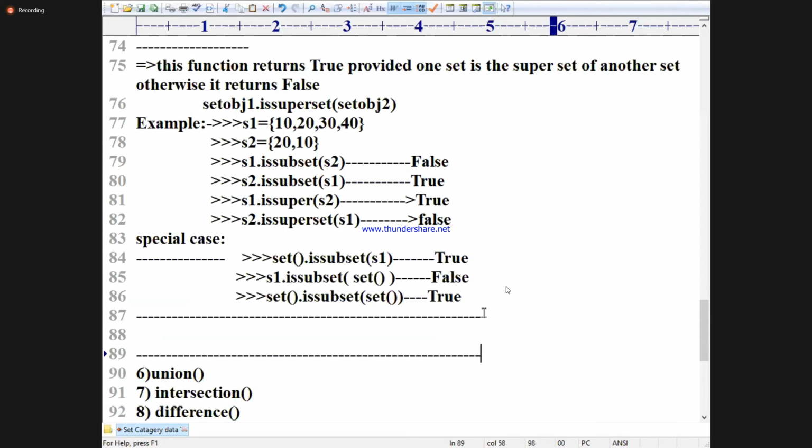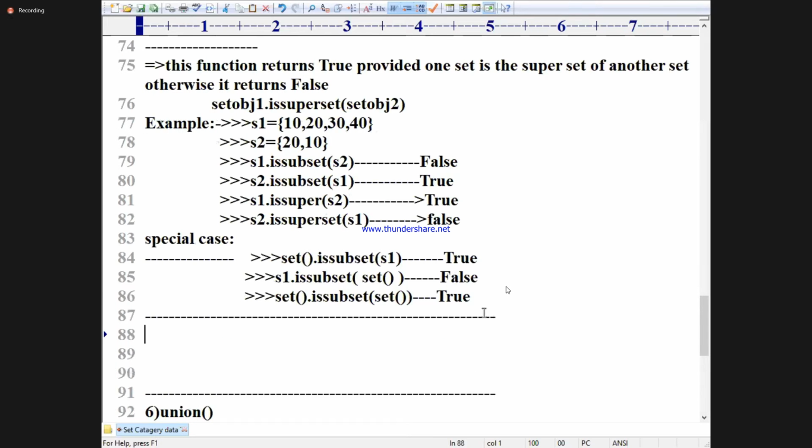Okay, subset, superset we discussed. After that, don't write union. Wait. Method function number 7, 8, I will go for it.